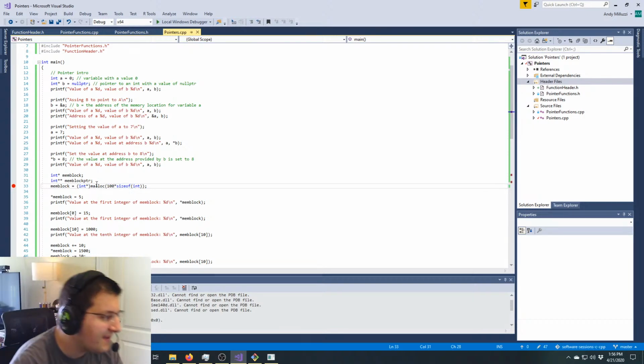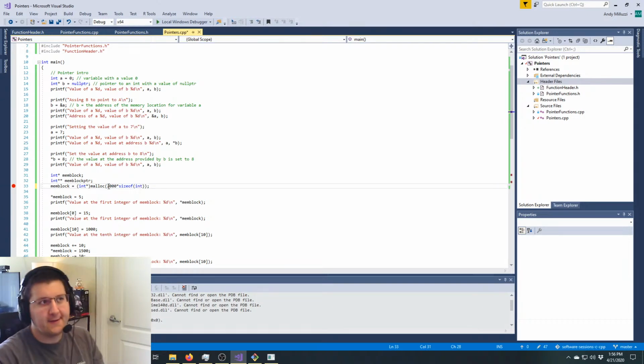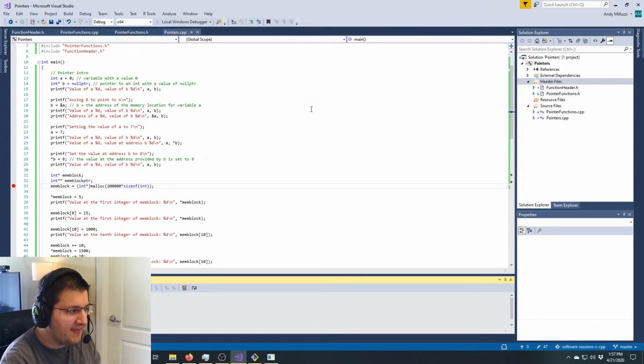So if we say make 2,000, that's going to be like 8,000 bytes, 8 kilobytes. That's kind of big. What if we wanted to make it bigger? Add a couple of zeros, right? Make it really big. When we go to run this,